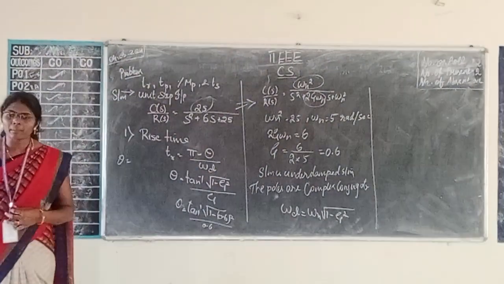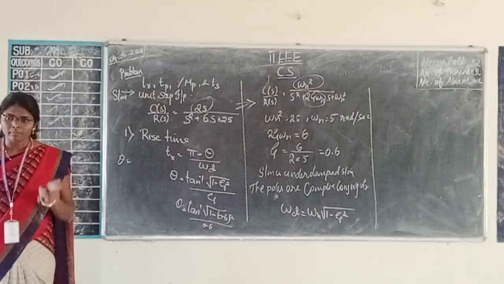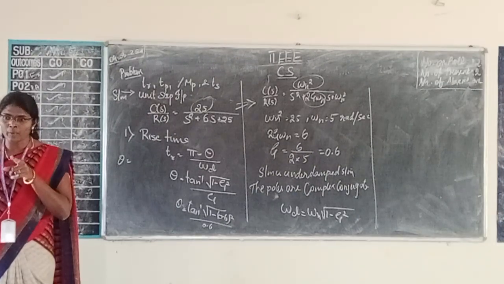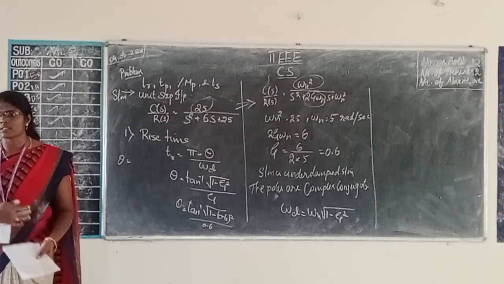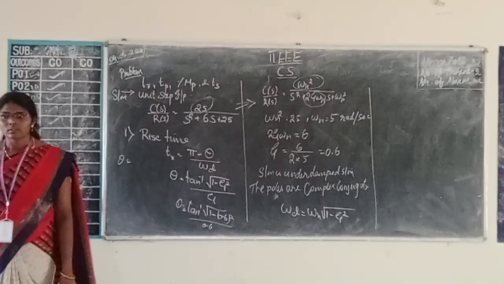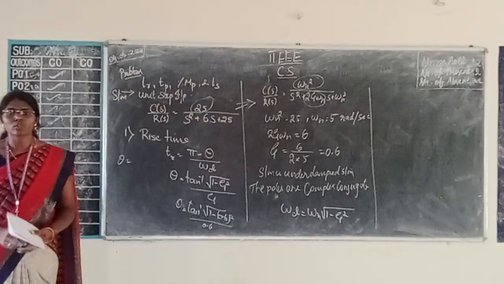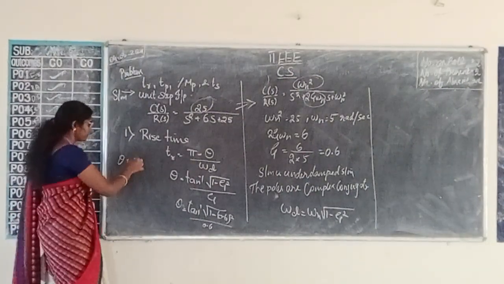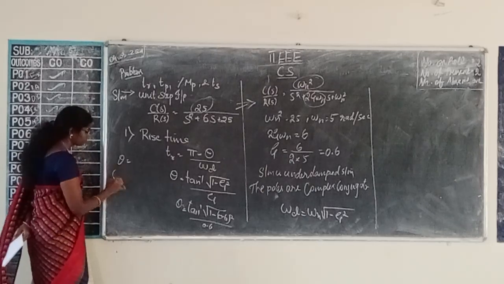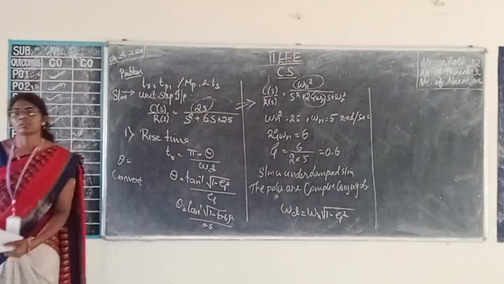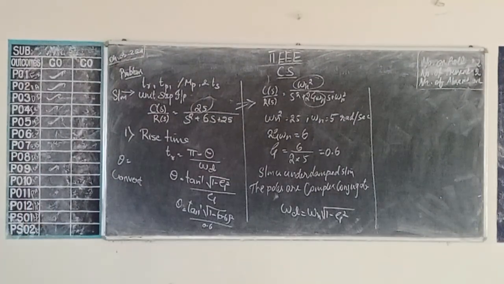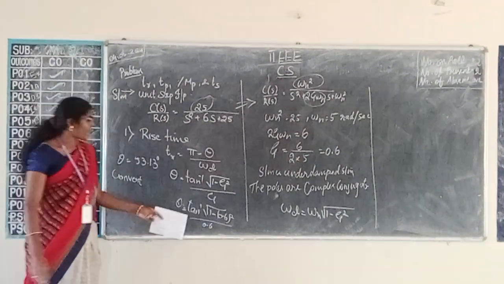Make tan inverse, open the bracket, root of, again open the bracket, 1 minus, again open the bracket 0.6, close the bracket, make it square, and you have to close the brackets twice. Divided by 0.6. The value should be 53. So the value of theta will be